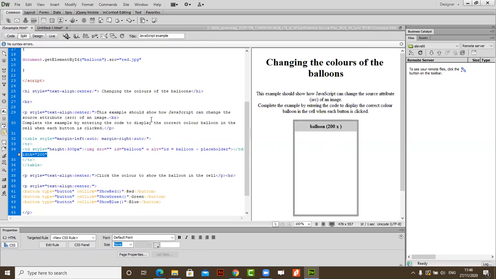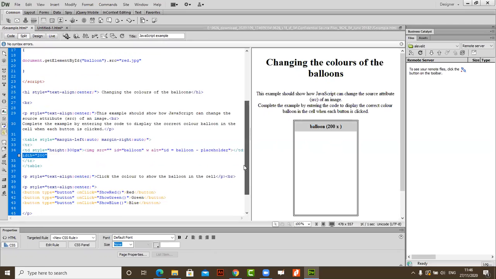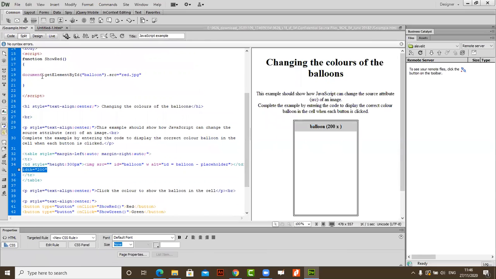What happens is when I click on the button, it says, okay, go to my document and try to get a tag by the name of balloon. Do you have any? Yes, I do. Here we have the tag. Within this tag, dot source, do you have source? Yes. So single equals, assign it red.jpg. Single equals means assigning. So source has been assigned